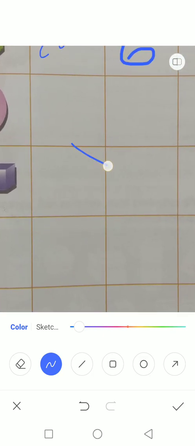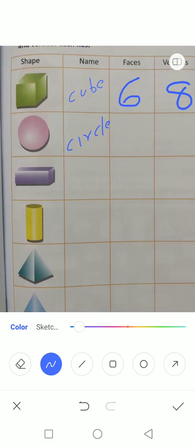The second figure, what is that second figure? That is a circle. C-I-R-C-L-E, circle. Is it clear? So for this circle, how many faces are there? One face is there.